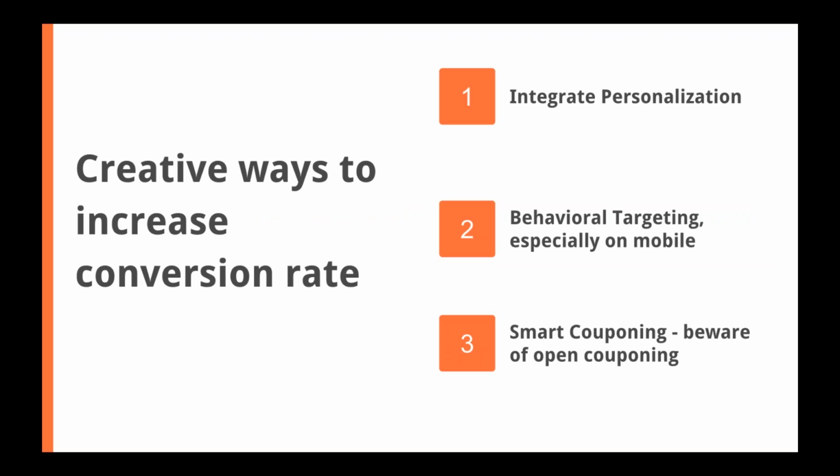So a couple creative ways to boost conversion rate. One is to integrate personalization. So from what we're seeing in the marketplace, a lot of people focus this around email personalization. So how do I send a targeted email based off of what someone did on the site or what someone ordered in the past? And email is a great way to do that, but it's definitely not the only way